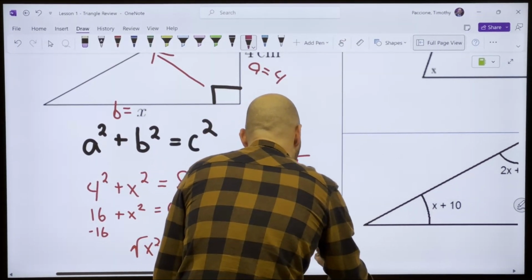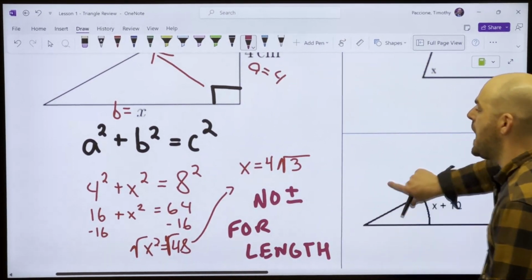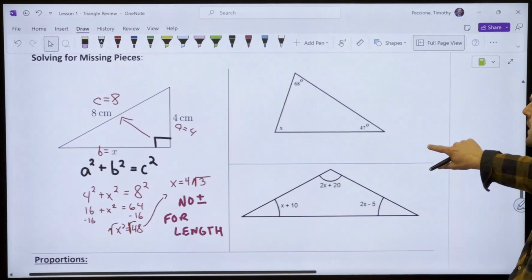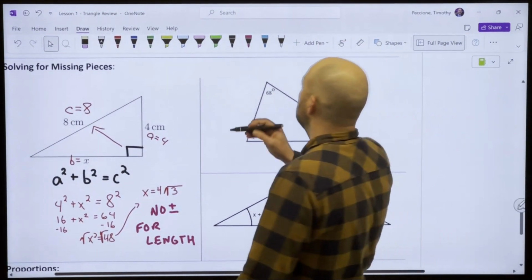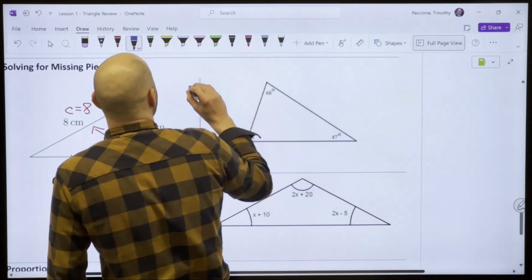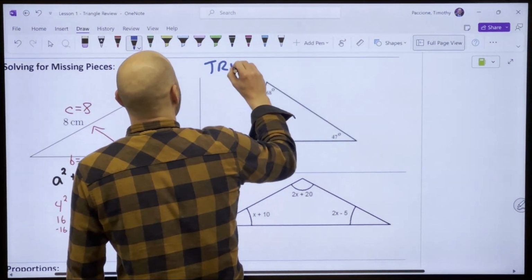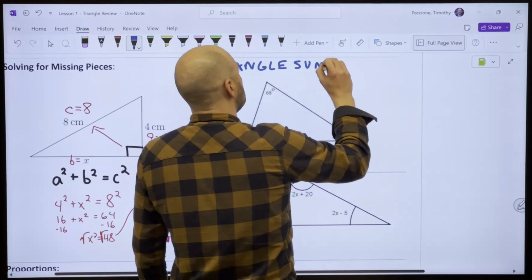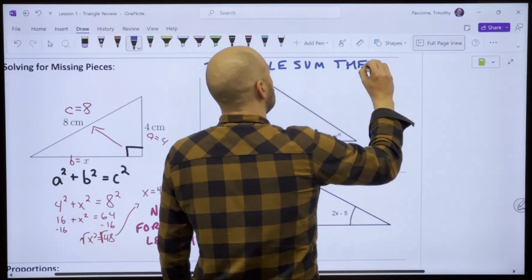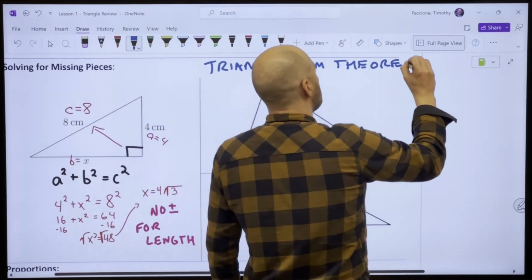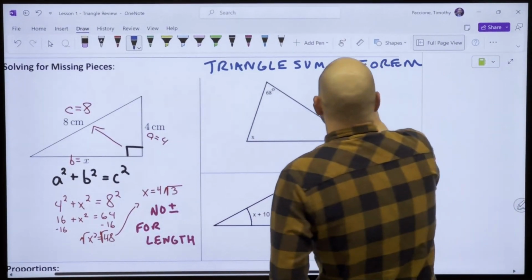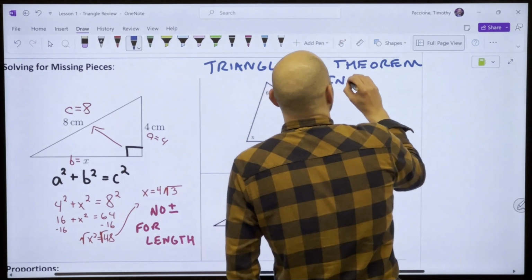Okay, so that's one type of problem that you could have with a missing piece. But you could also have missing angles, right? And you don't need a right triangle for this. This brings up the triangle sum theorem. Isn't that like 180 minus 68 minus 37? It sure is. Yeah, so the triangle sum theorem says basically in triangle